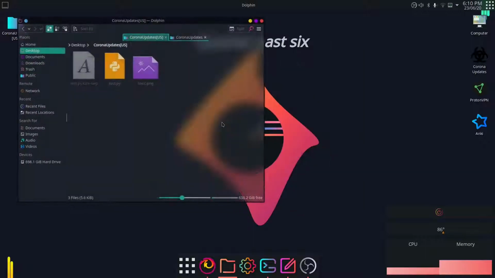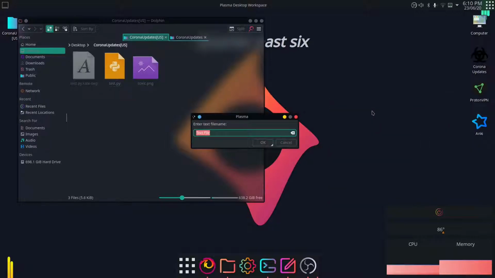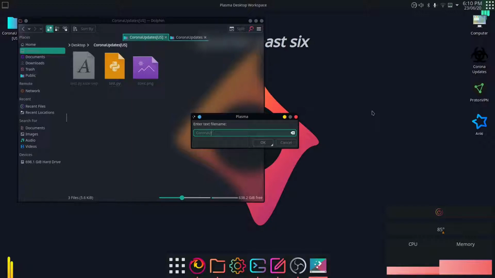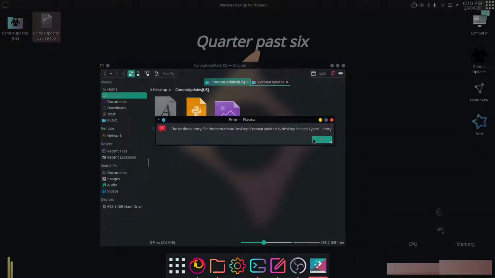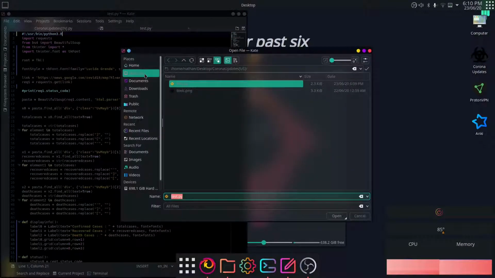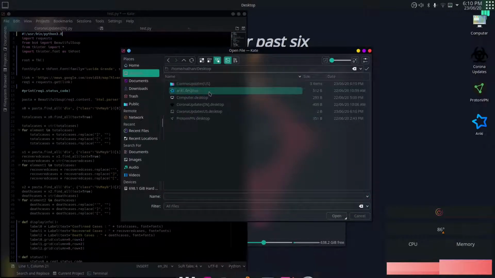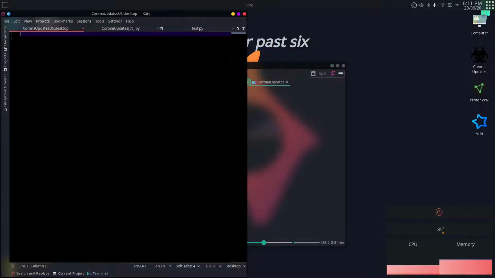And for all those who want to create a desktop entry, you just create a new file, and let's call this Corona updates dot desktop. This dot desktop is important because it's a desktop entry. Let's open it in the text editor. So go to the desktop, where is it? Okay, there we go. Open that, and you need to type inside square brackets Desktop Entry,